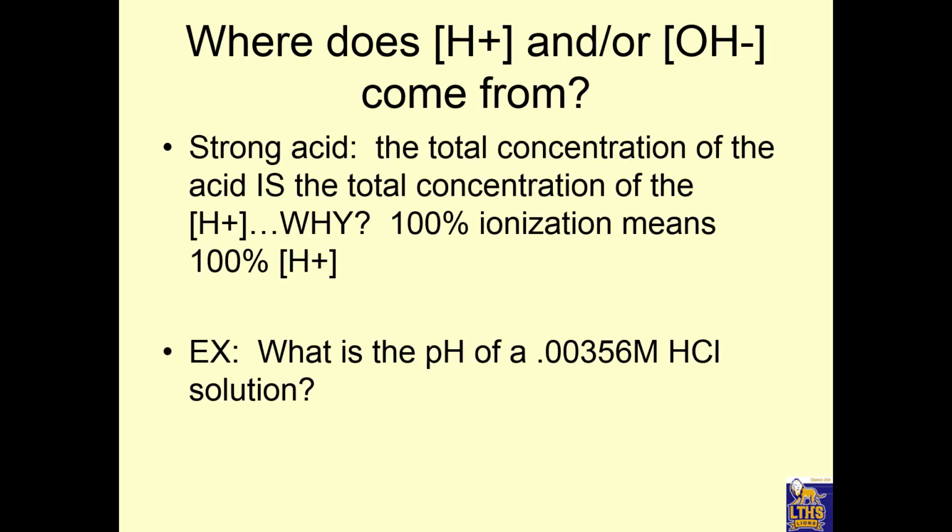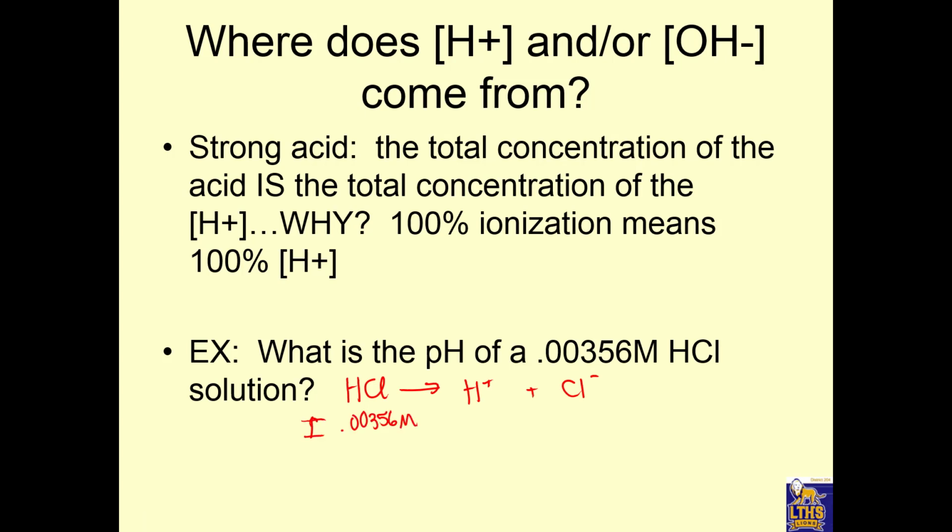So where do the H plus and the OH minus come from? Well, one is a strong acid or strong base. They completely dissociate. So for strong acids, their concentration tells you their H plus. So what is the pH of 0.00356 molar HCl solution? Well, we've got HCl, and we're going to get total H plus and Cl minus. So if this was initially